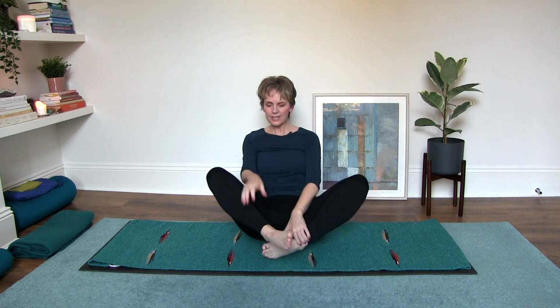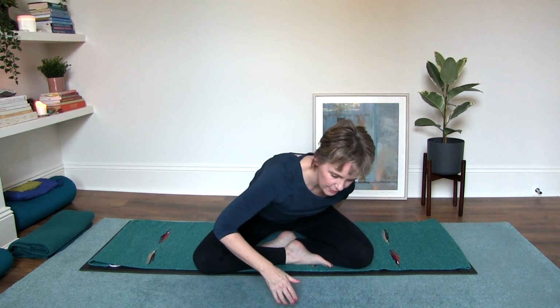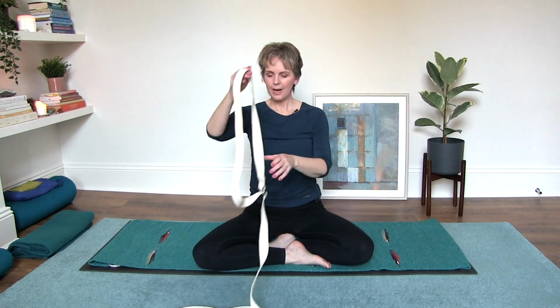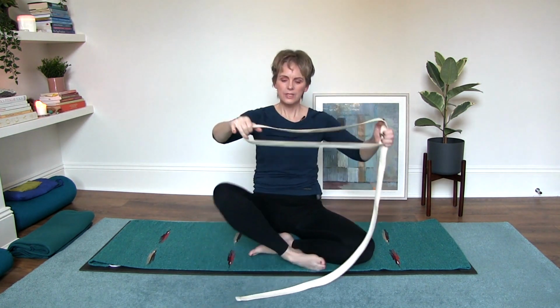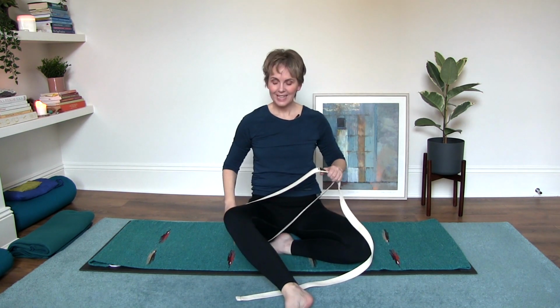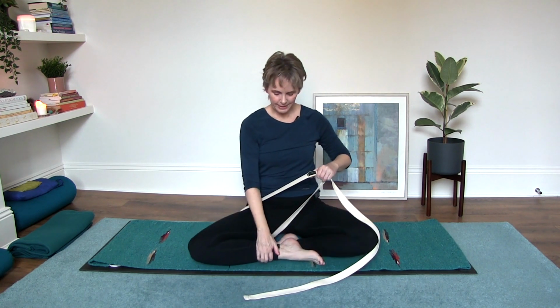And here you can sit on a block if you wish. Keep the left foot crossed in front of the right. And take a strap and make sure that you have it on a long loop. We're going to slide the strap through our left leg, bringing it up to the upper thigh, keeping the legs